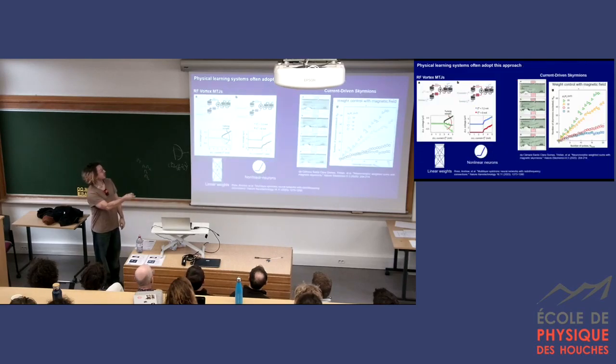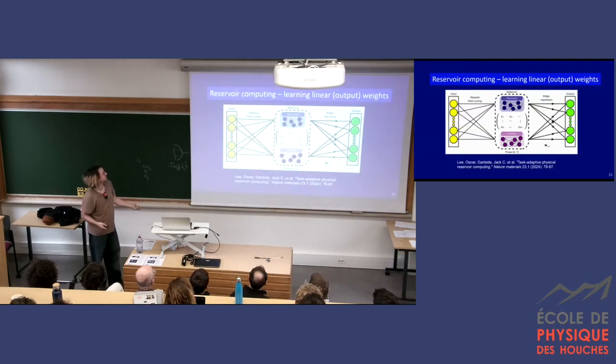You also do these in magnetic systems, so two really nice works from the Laboratoire Albert Fert here. This one's pretty chic. You can get both the linear weights and the nonlinear neurons in the same device, and you can also do these super low energy linear weighted sums with skyrmions. So we're seeing these things all over the place. Also, reservoir computing. You're learning a set of linear weights, right?